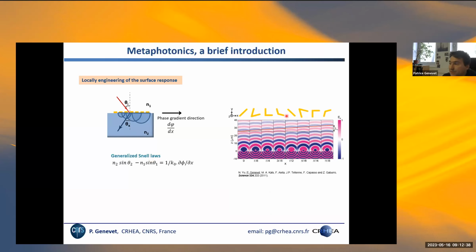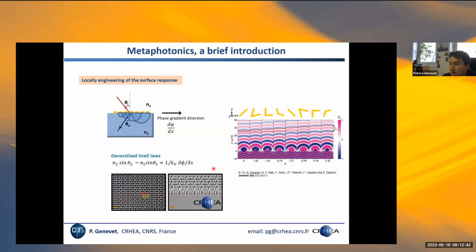We've been working on this concept for a while, and these metallic structures are now replaced in my group by dielectric material. We are fabricating this metasurface using gallium nitride to work at visible wavelengths. We are using dielectric structures to fabricate this metasurface to provide high efficiency and functional operation in the visible wavelength range, right?